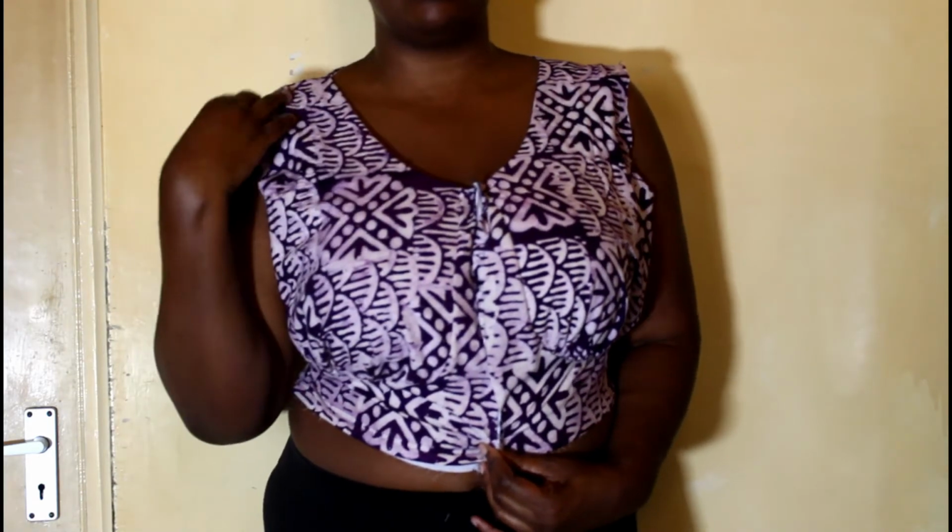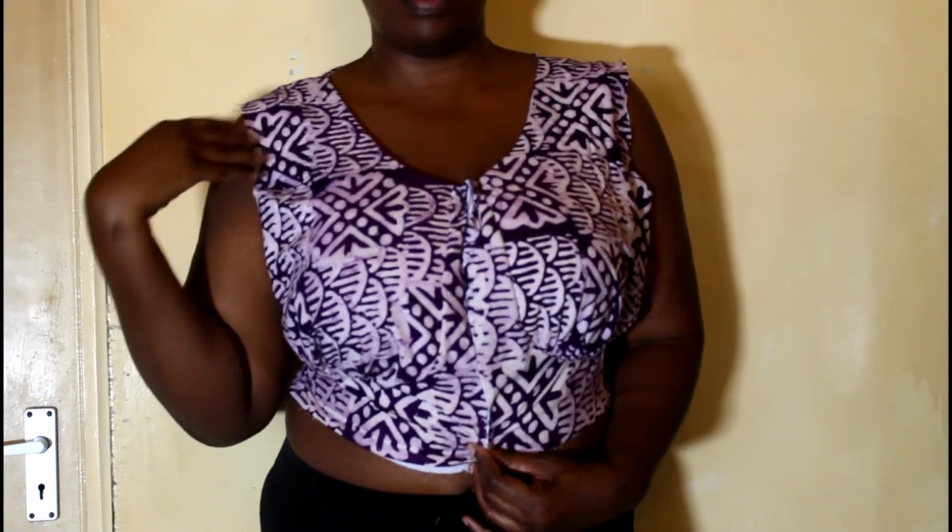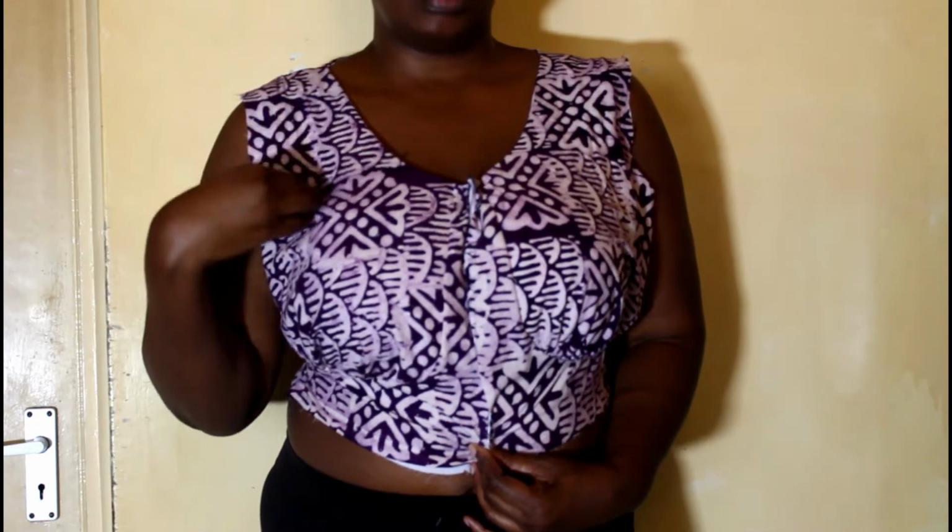I'm holding this down because I just don't want to show too much of my body anyway. This is the fit of the top. As you can see, it's fitting pretty well, the front, the back. So what I have noticed that I need to work on is the armhole here. On my original pattern, I think I had put it too far out. I need to cut it a bit more so that it goes in like that, because what happens is when